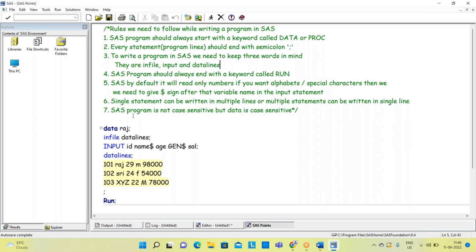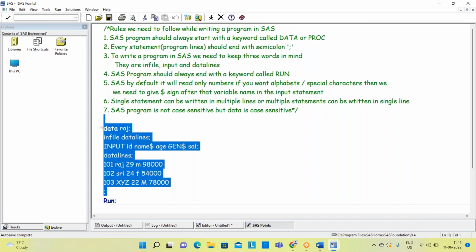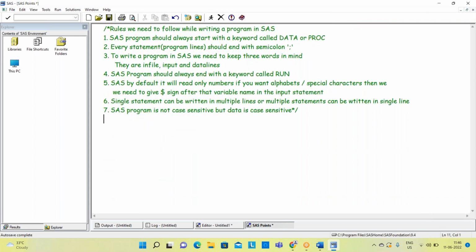So maybe we can write the program now. Right. So now you can see here, first of all, a SAS program should always start with a keyword called data or proc. Apart from these 2 words, whatever the word you type there, it is displaying red color, right? You can see red color, right? So we all know red color is a symbol for